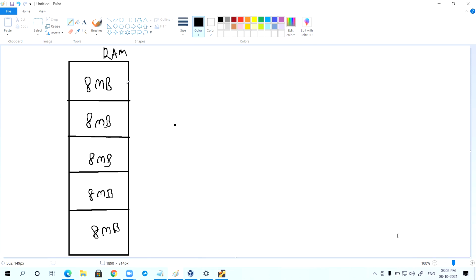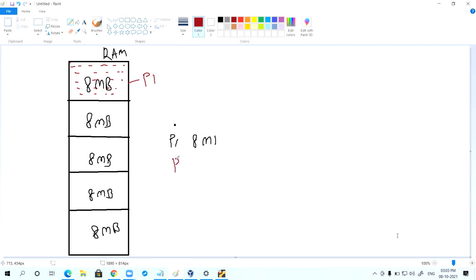Now can you tell me, if P1 process needs 8 MB, can I say that 8 MB is allocated? This total 8 MB is allocated for P1 process.